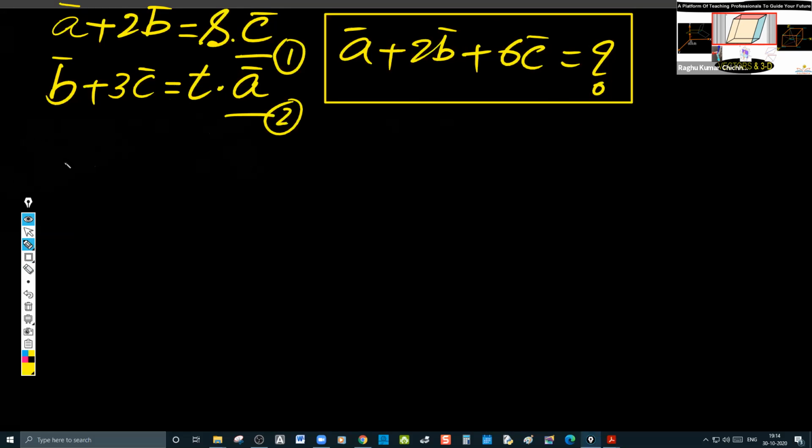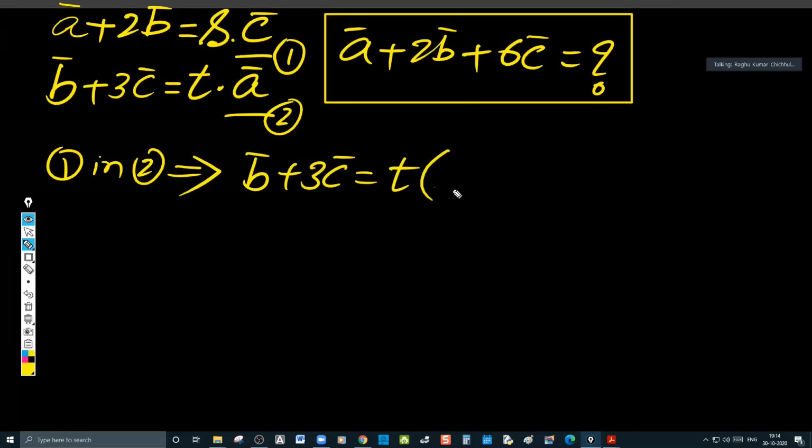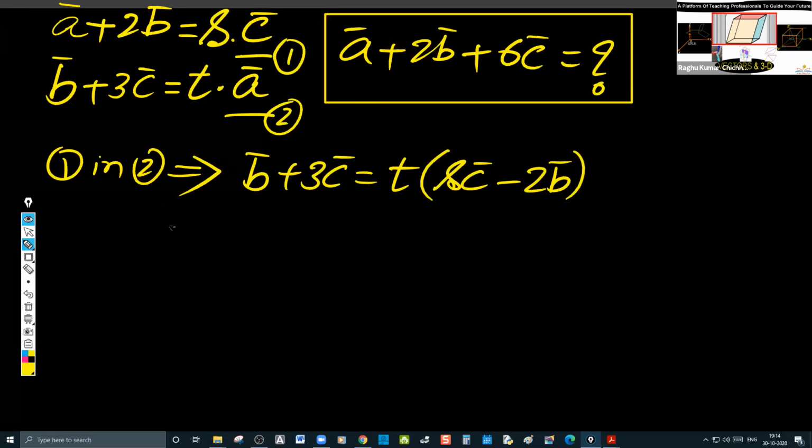So, B bar plus 3C bar is equal to T into A bar, from the first one, which is C bar minus 2B bar. Correct. Now, on comparison,